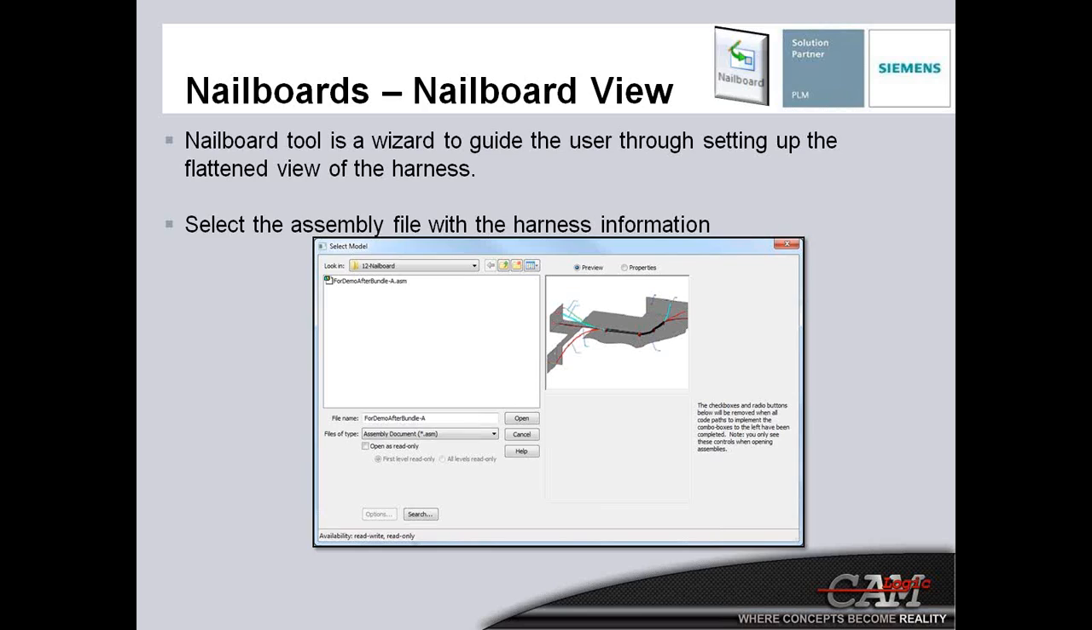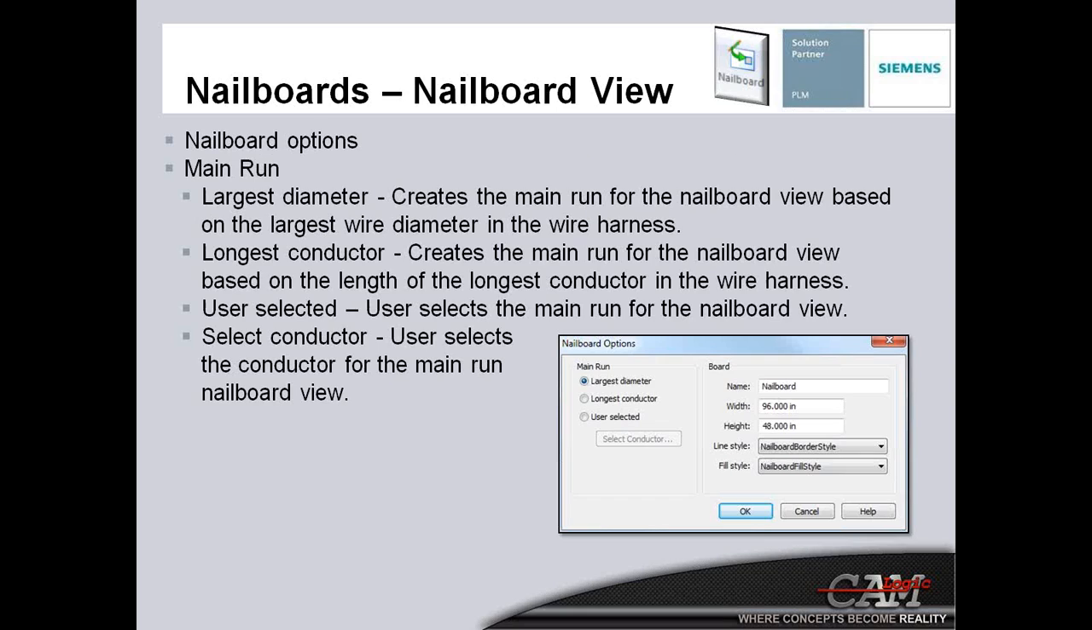Select the assembly file with the harness information. So the first thing that you're going to do is hop in there and grab your assembly that includes your wire harness. And then once you open it, it's going to put you into the Nailboard options. So the Nailboard options, first starting off with the main run, you can do the largest diameter,